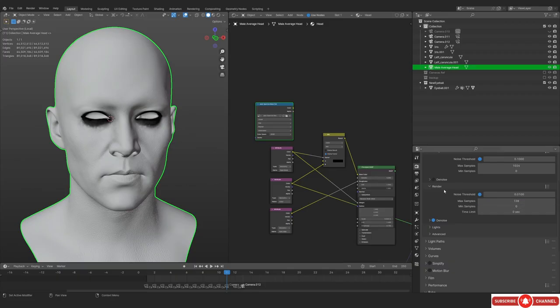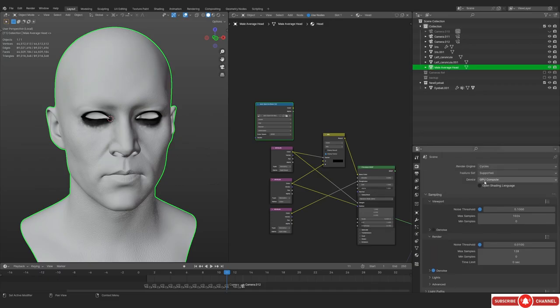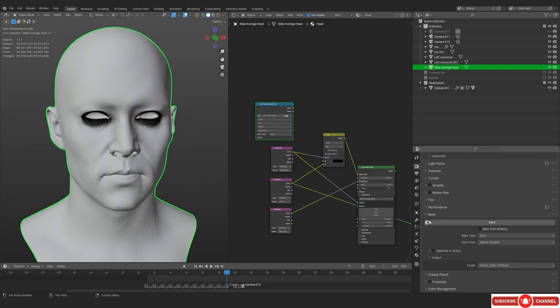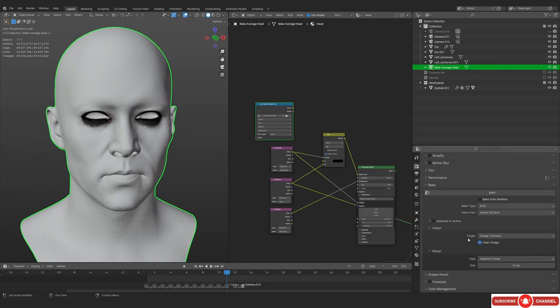By the way, you can look down your sample counts, because you don't really need that much to bake. The device is GPU so that it would be a little bit faster to bake, right? If your CPU is faster, then try with CPU. And now we're gonna go to bake type, and the output is going to be image. We don't wanna put the output as attribute, color attribute, so put it at image, and the bake type is emit. So I think we have everything here. So just give a save, obviously give a save, because Blender can crash while baking.